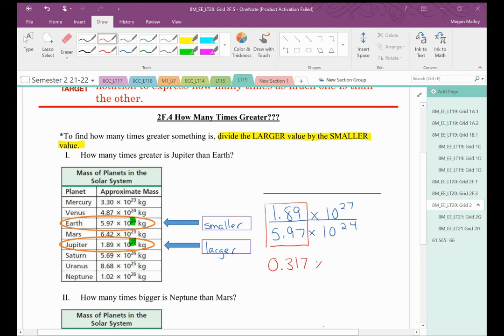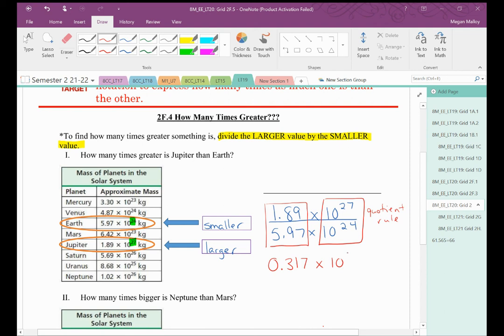I'm going to keep my multiplying by 10, and then I'm going to use my exponent rules to simplify 10 to the 27th divided by 10 to the 24th. Since I'm dividing, I'm going to be using the quotient rule. And the quotient rule tells me that I'm going to subtract my exponents of a common base when I'm dividing those common bases. So 27